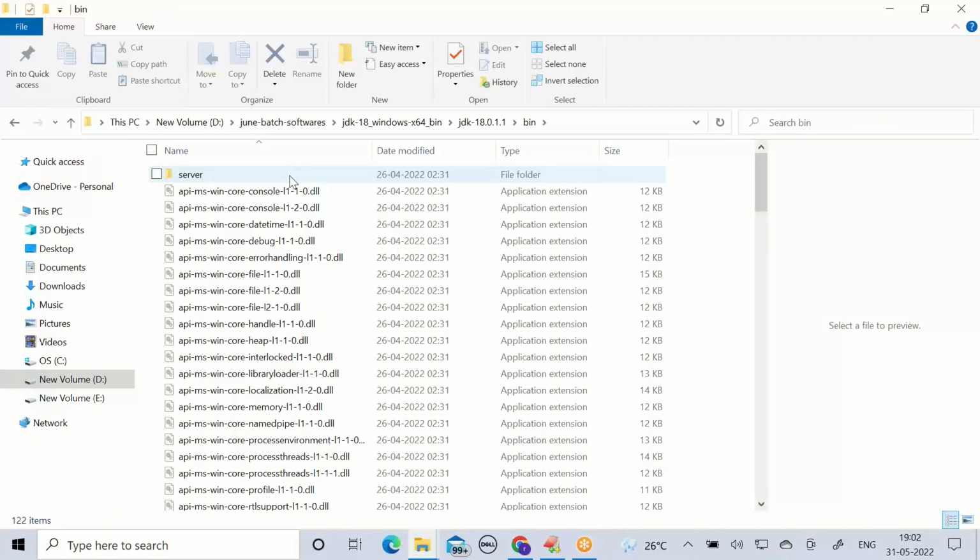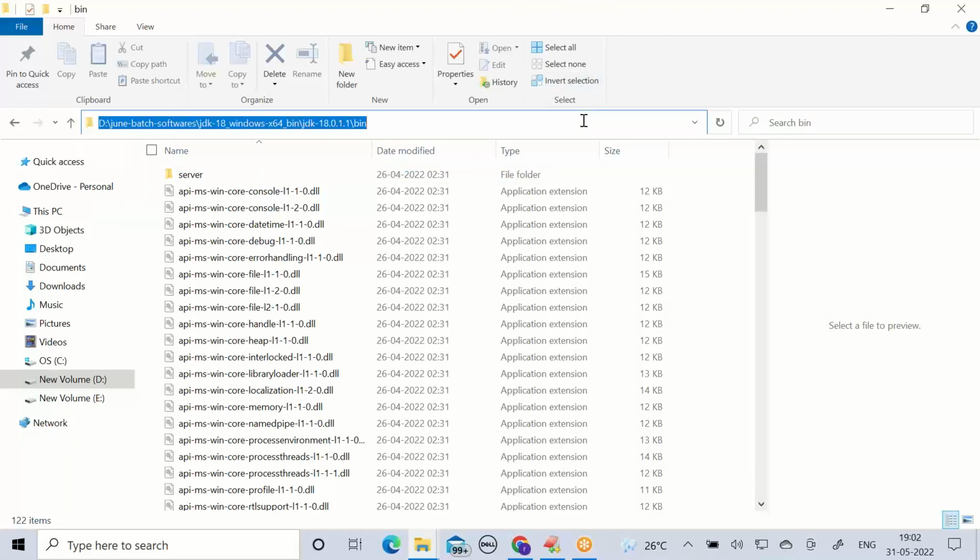This is the location we need to specify to the command prompt permanently. Come on guys, not for one command prompt, for every command prompt we need to specify this location permanently. This can be done by updating the Path environment variable. I need to update this value inside the Path environment variable. Select the address bar, Ctrl+C.